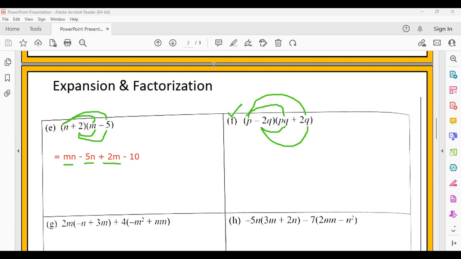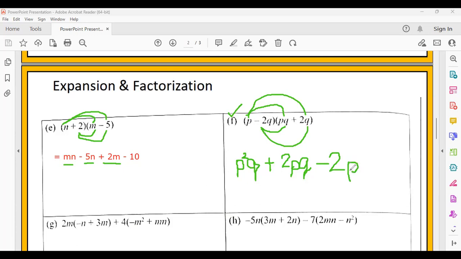P will times with PQ. That will give you P squared Q. That's the first term. Okay? P multiply with 2Q. So this will be plus 2PQ. Then minus negative 2 times negative 2Q times PQ. So it's minus